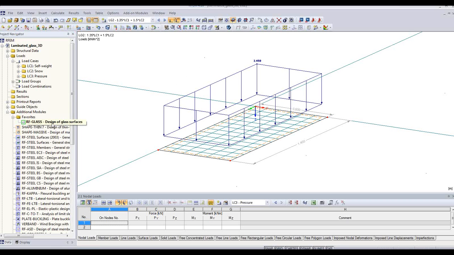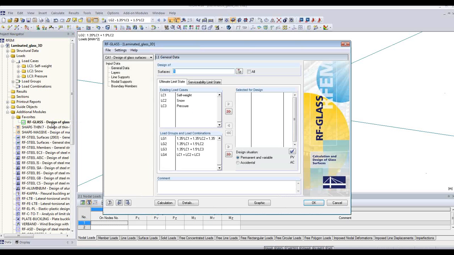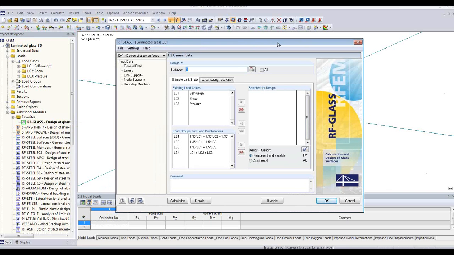And so now I can go ahead and open up the add-on module, RF-GLASS. And here we are in the first section where you define which surfaces you are going to perform the analysis on. I just have one surface, so it has automatically selected it. But when you set the surface type as glass in RFEM, that lets the program, RF-GLASS, know that that's what you want to design. So it will